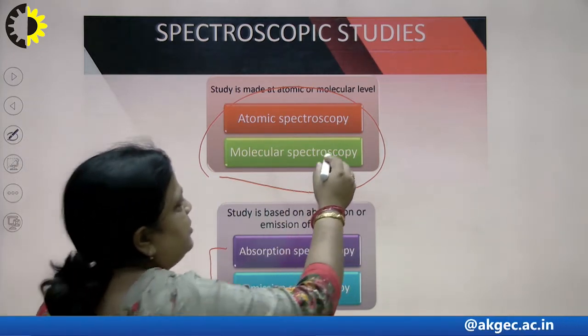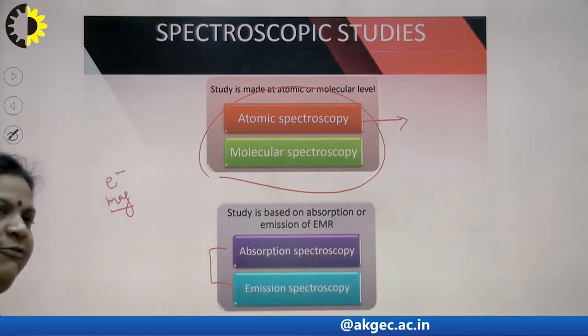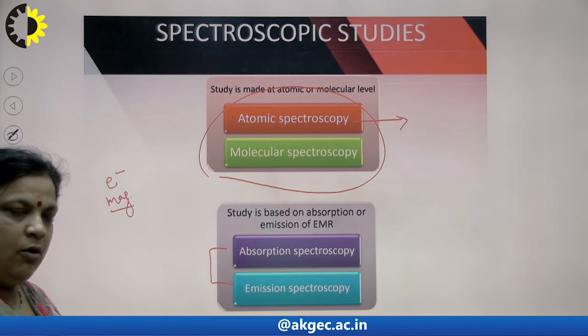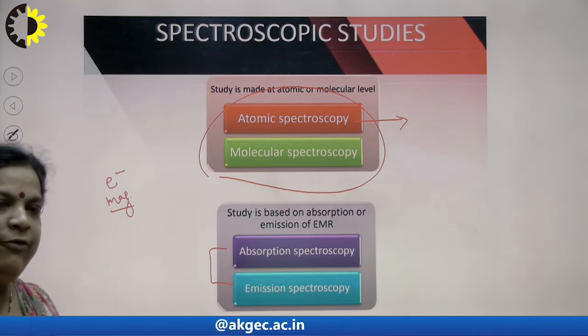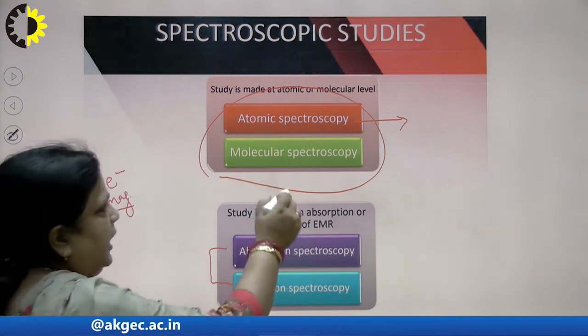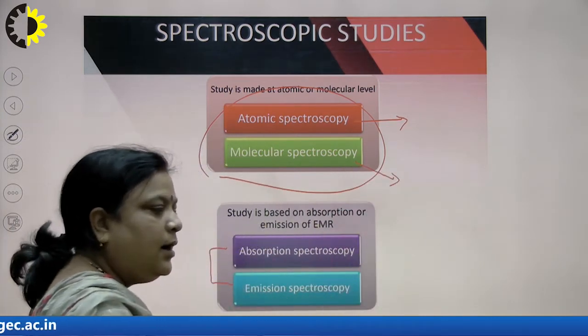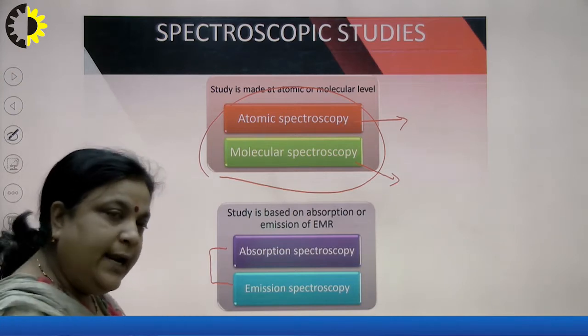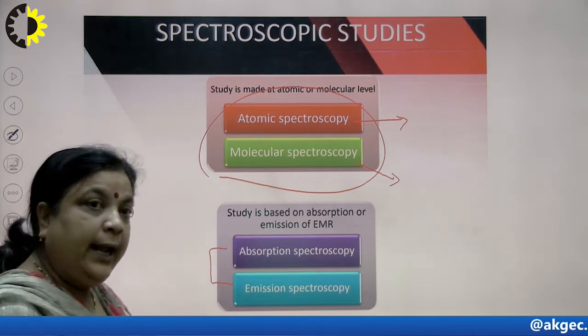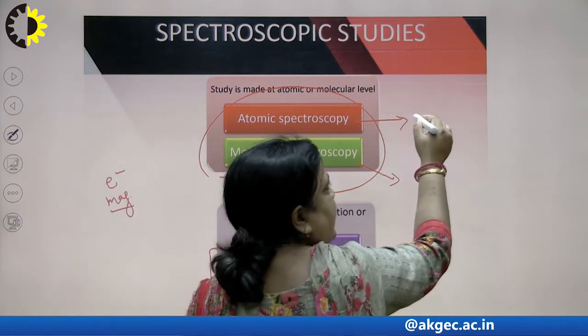In atomic spectroscopy, we study the interaction of electrons, or the transition of electrons between electronic energy levels. In molecular spectroscopy, we discuss the overall transition in a molecule. It means in atomic spectroscopy we discuss only electronic transitions,